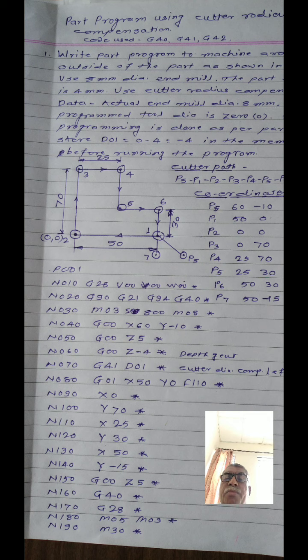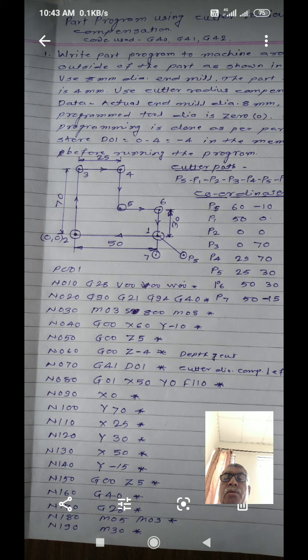The offset value is stored under the letters D01 and D02. Then the cutter path is automatically calculated by the control system with the offset value. Means you can use any diameter cutter for performing all of these operations.